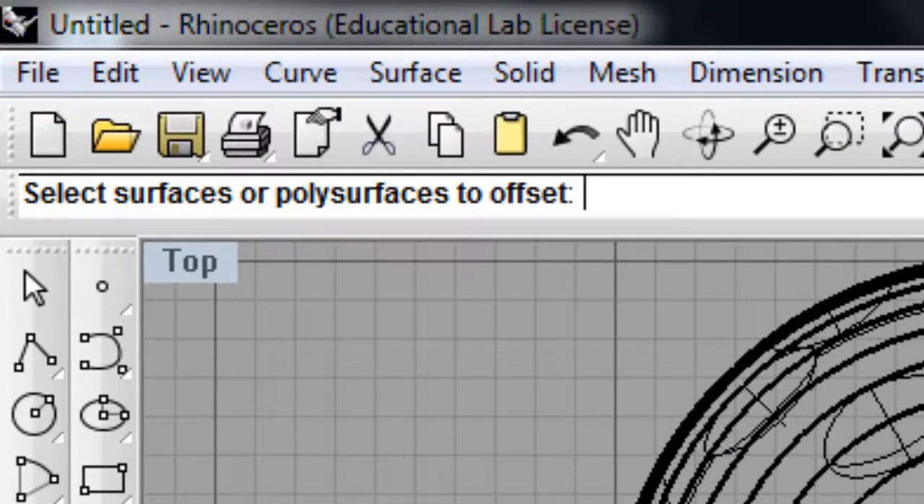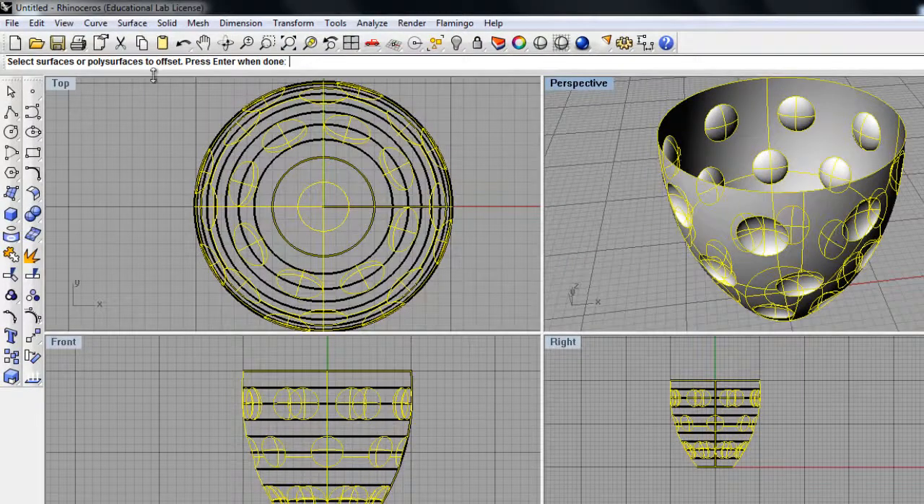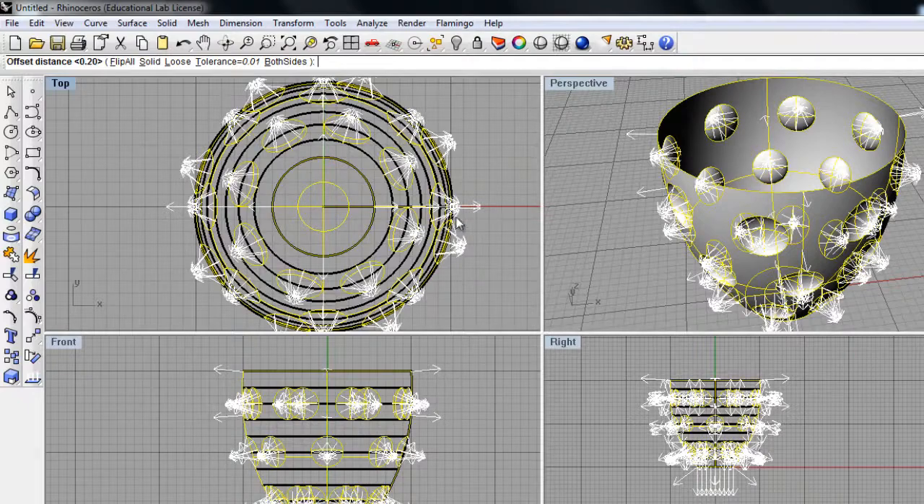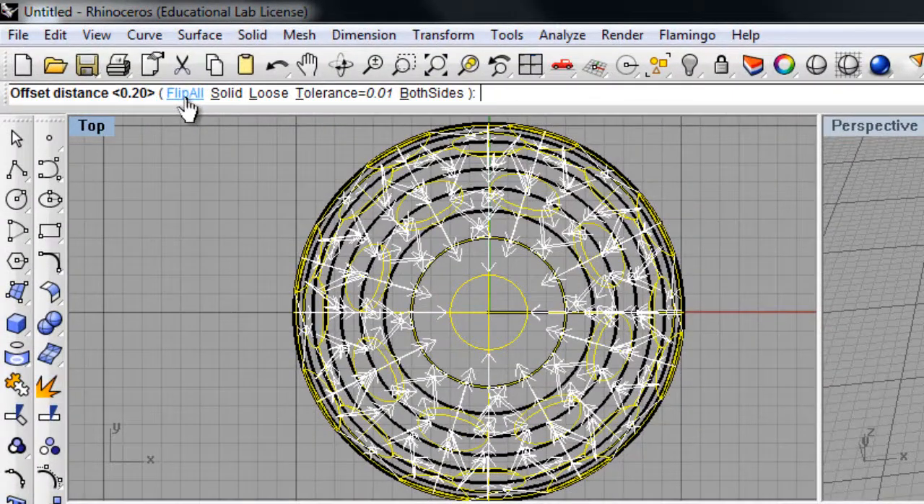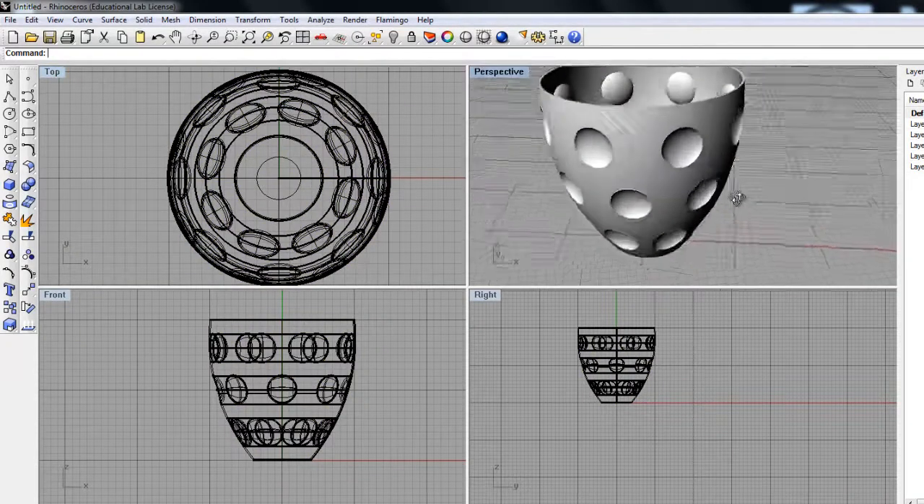Select the surfaces. Now I'm going to offset this because I'm going to give it a thickness, okay? Now I select the surface, then look at all these arrows pointing out. I'm going to click on flip all because I want them pointing in, okay? I'm going to click on solid because I want to make a solid out of this, and offset distance 0.2, okay? So you're going to type in 0.2, press enter, and here you have a solid now,